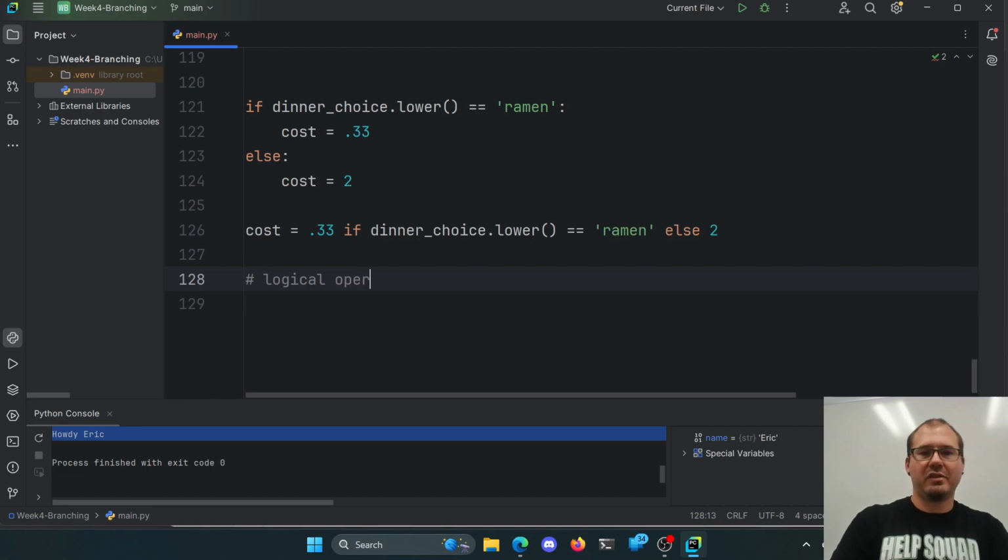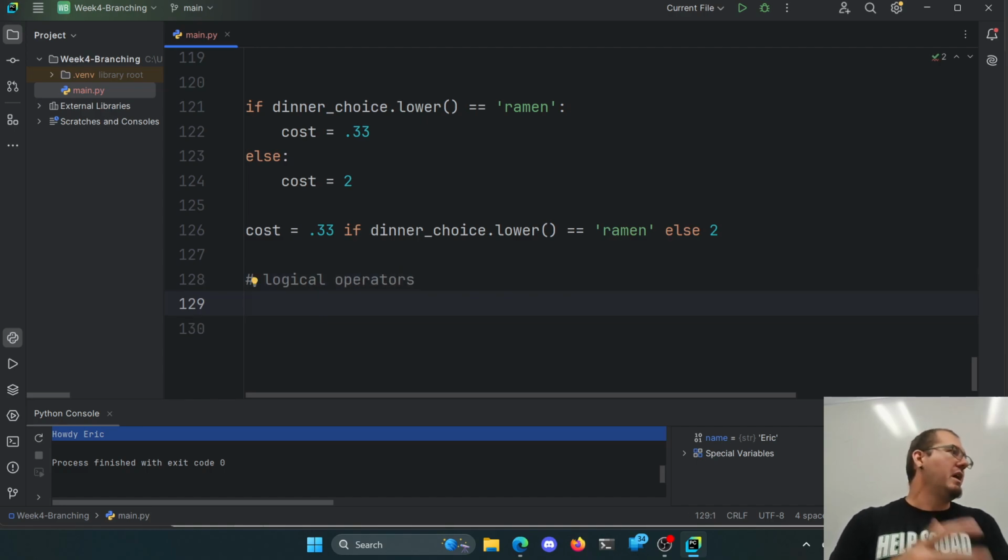Logical operators let us combine logic. So we can take two things and say, hey, if this is true and this is true, right? Or I could say, if this is true or this is true. If either one of these cases is true, I could do something here. Now, it takes a little while to get used to these, but my favorite way of remembering them is